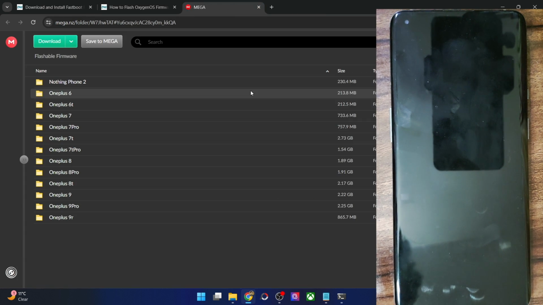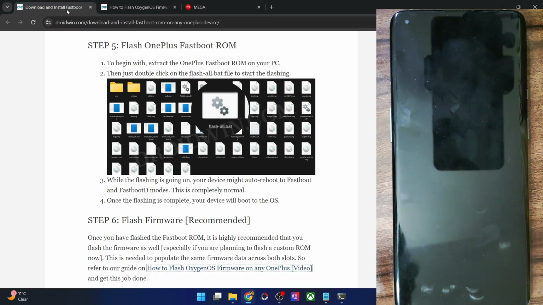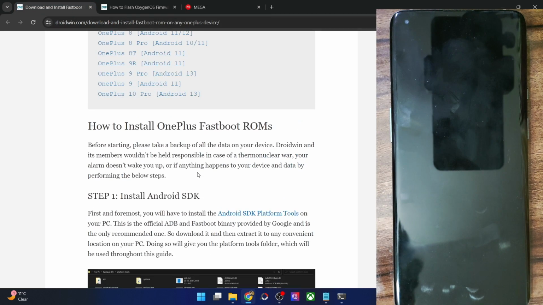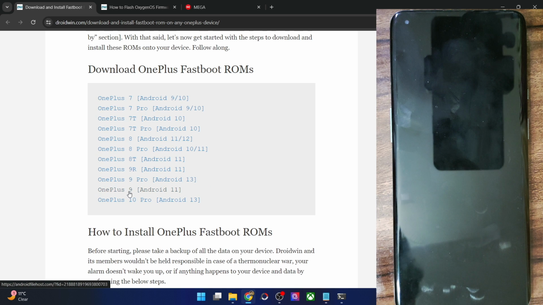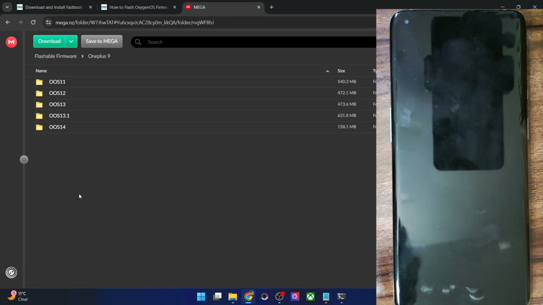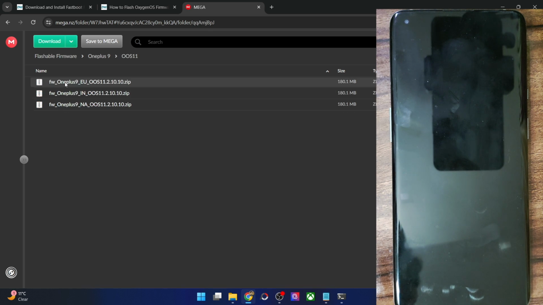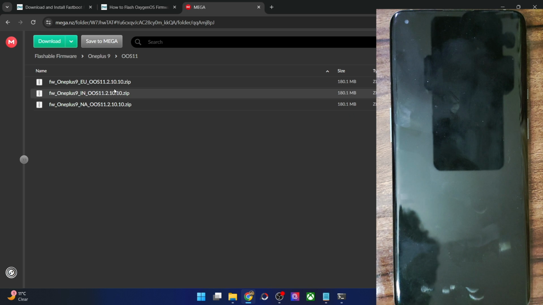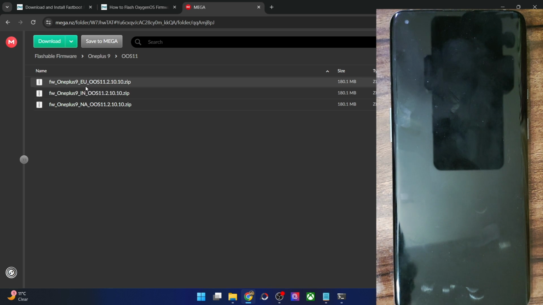For example, if you have just flashed the fastboot ROM of OnePlus 9, then you will have to download the firmware which corresponds to Android 11 and not Android 14. In case of OnePlus 9, if you go there, you will have the Android 14 firmware as well, but you will not have to go there, rather go to the Android 11 folder and download the firmware which corresponds to your region. IN is for India, EU is for European, and NA is for North America. So you may get hold of the firmware which corresponds to your region,